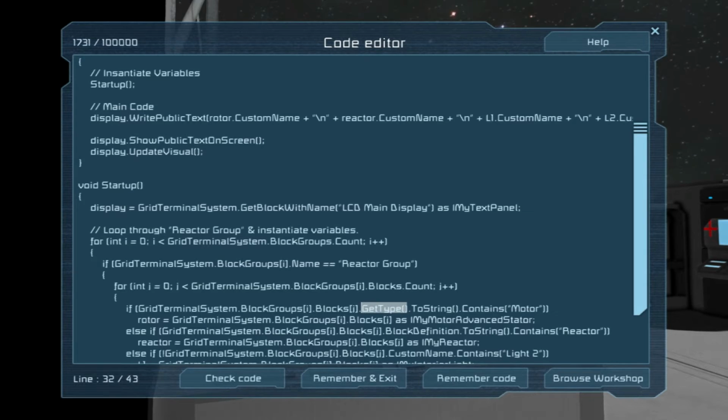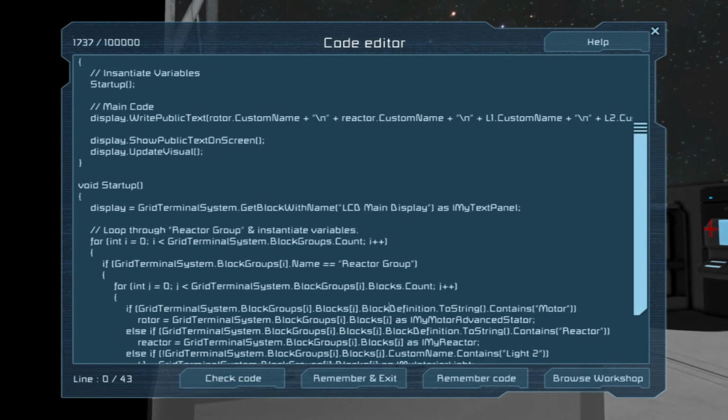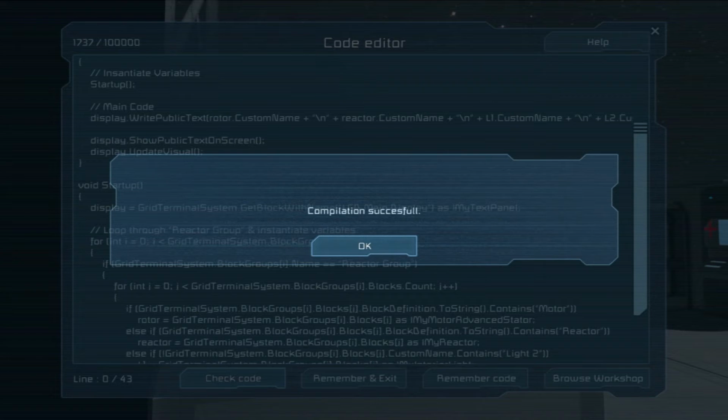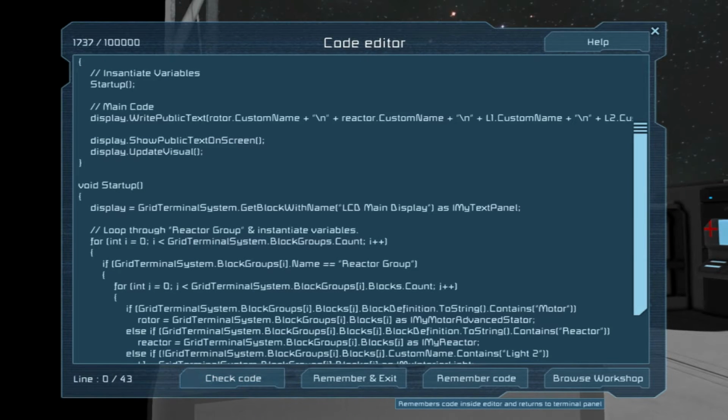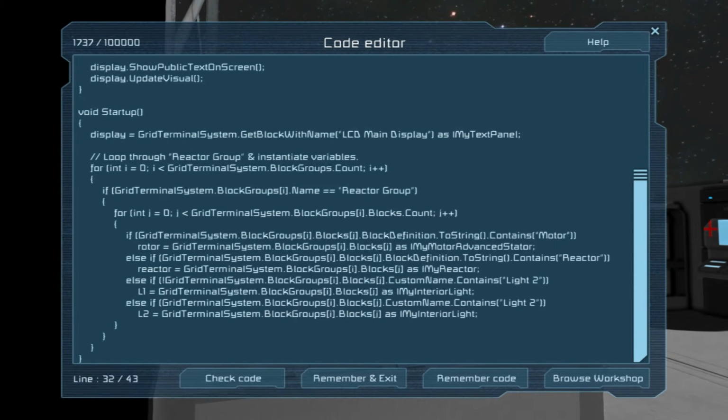So you could do either one. I particularly am going to use block definition, mostly because it's not a function call. I don't like doing a ton of function calls if I can help it for something like this. Anyways, so what this does is it says grid terminal system, block groups at reactor group, within the amount of blocks that you have.